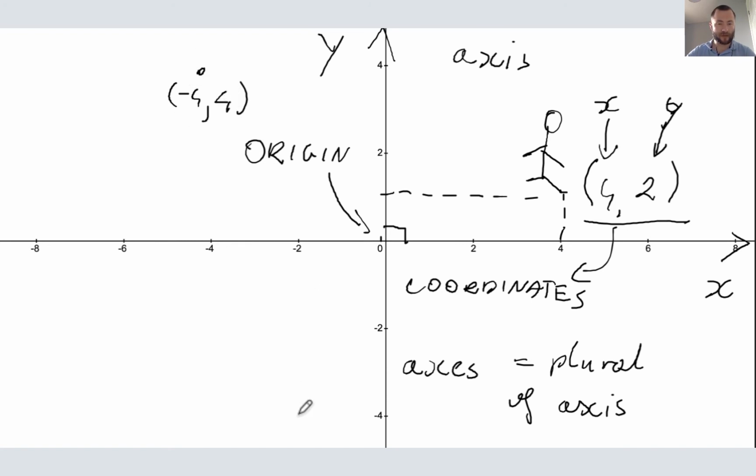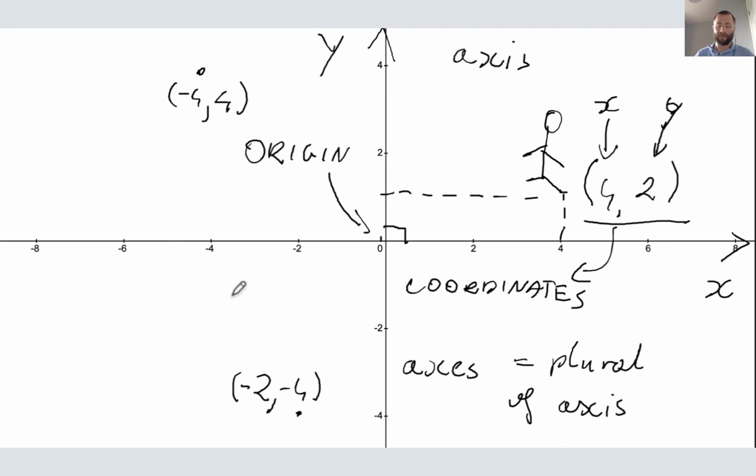Let's take a look at this point over here. So it's -2 along the horizontal axis, that goes down first, and then -4 along the vertical axis, that goes down second, and I'm ending up with -2, -4 for my coordinates. And I can do the same thing for all the points